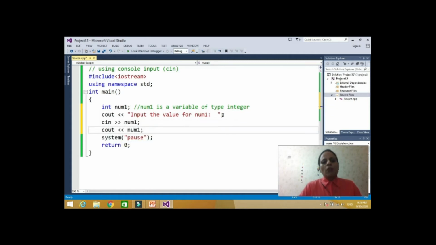This statement will print the value of num1 and the cin statement will input the value of num1 at runtime through the keyboard.